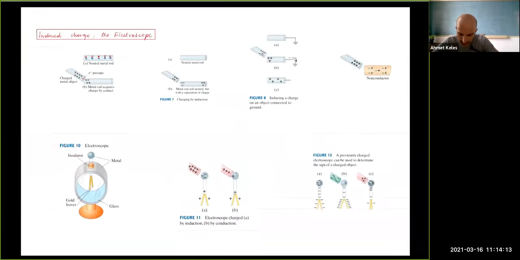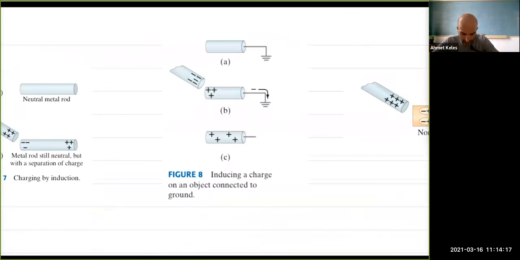Yes, good question. I skipped something, but let's see. If you first stop inducing and then cut grounding, my understanding is you just take this away first. If you take this away first, now there's nothing for this to be charged by, so this is neutralized. And if you cut the ground, you go back to what you started with. It's like an uncharged